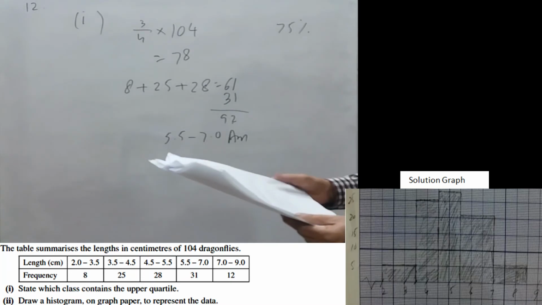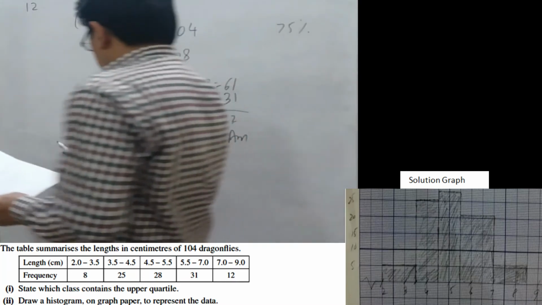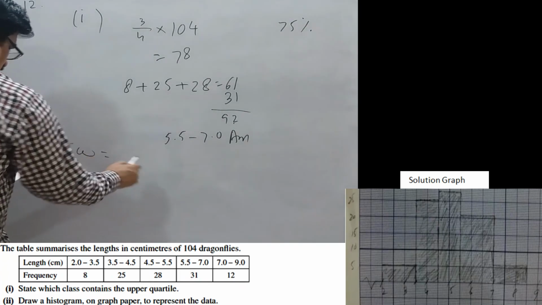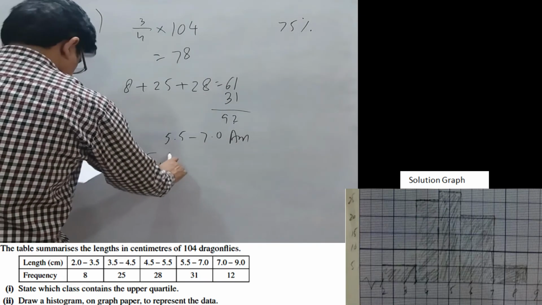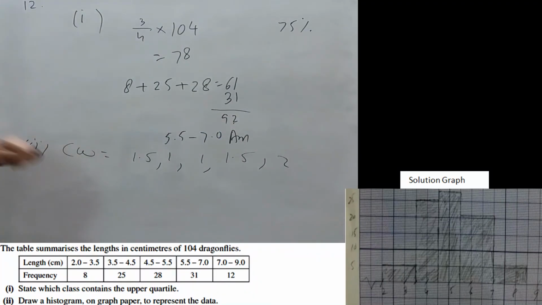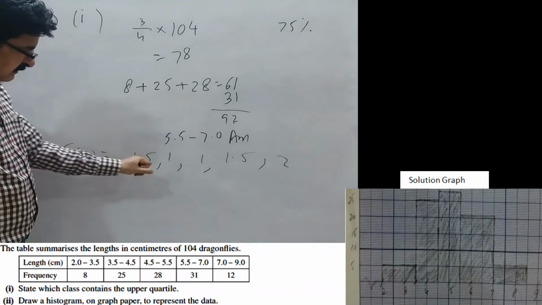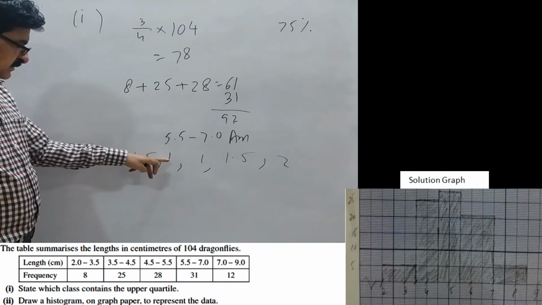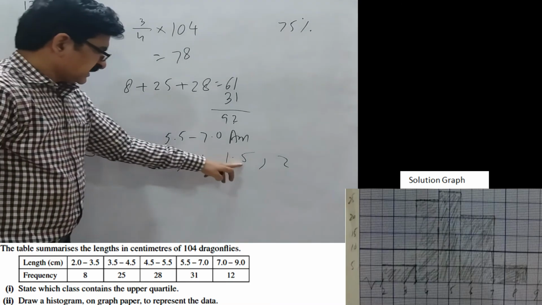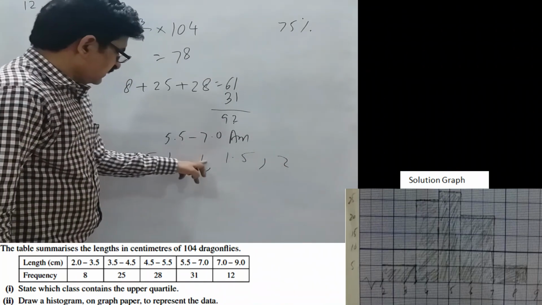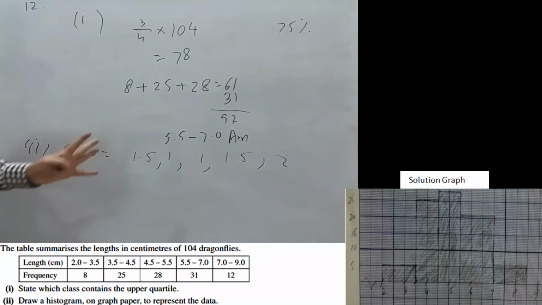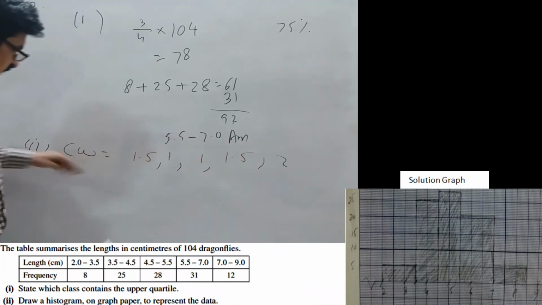Then he is asked to draw the histogram. For the histogram, one very important point is that you see the class widths. Now the class widths are 1.5, 1, 1, 1.5 and 2. Now there is a link. See that this is 1.5, so this is half of 1 added to 1, and we get 1.5. So these are the same, and this is double of these two. So see the histogram, you will see these things, and you will take help from these values to take the widths.